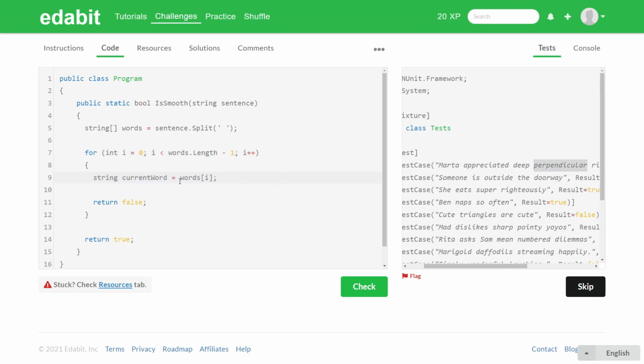So from that word's i, we need to extract the last character. So we can say char, and then we can do current letter, and we can say the current word, square bracket, the current word dot length minus 1. So the reason why we need to do minus 1 is the same thing for our for loop. If our string has 5 letters, the length is going to be 5, but because it's all 0 based, it's going to go from 0 to 5,